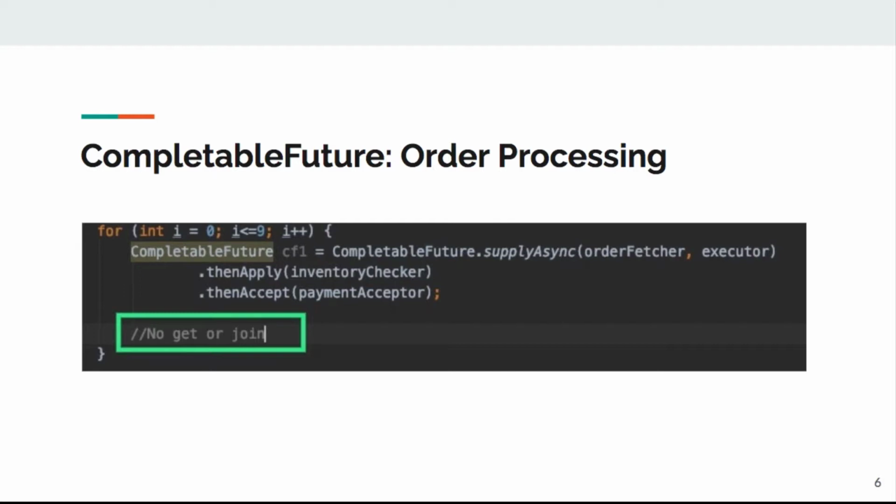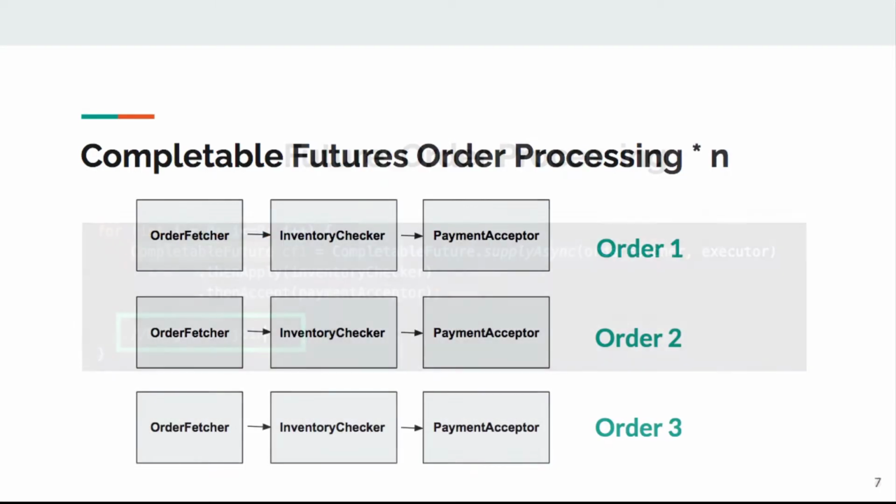In other words, we do not need to wait for the previous stage to return in order to submit the tasks like we had to do with callables and futures. And so we can have order processing in parallel. Each individual order stage would definitely have to wait for completion of its previous stage. However, order 1 can proceed without dependence on order 2 and so on for the other orders. Also, we do not have to return to main to pass on the results for intermediate stages. And this in turn leads to the performance advantage that we have seen with reduced execution time.